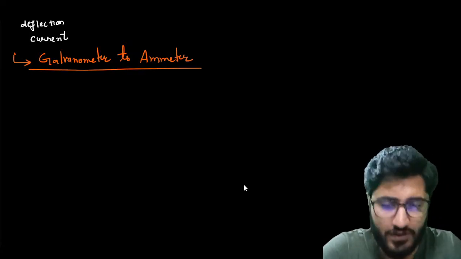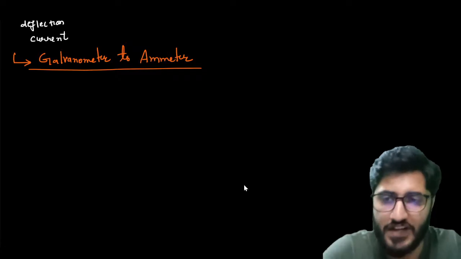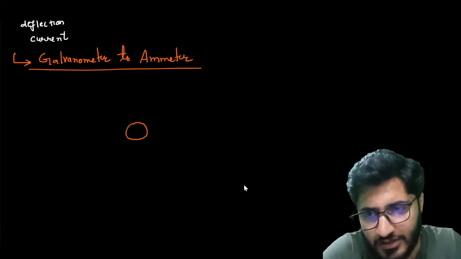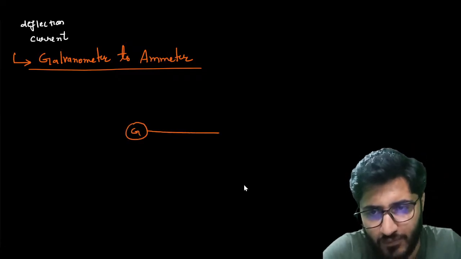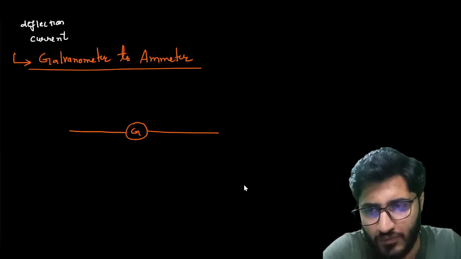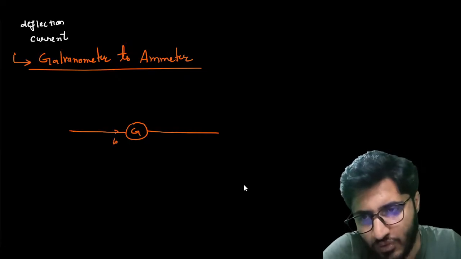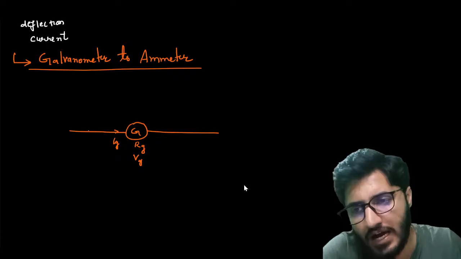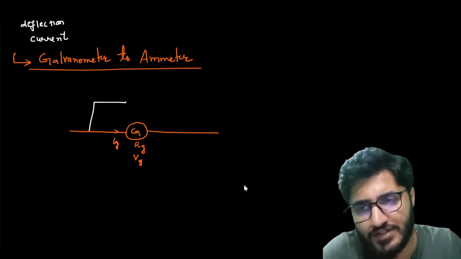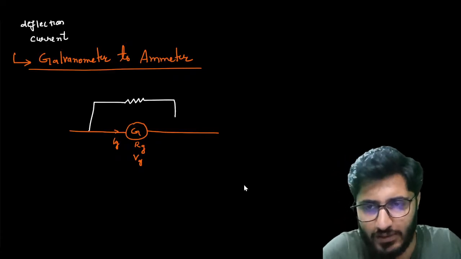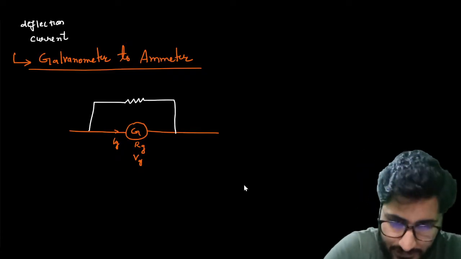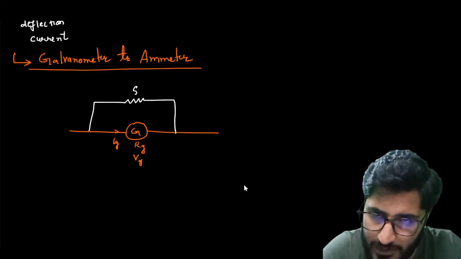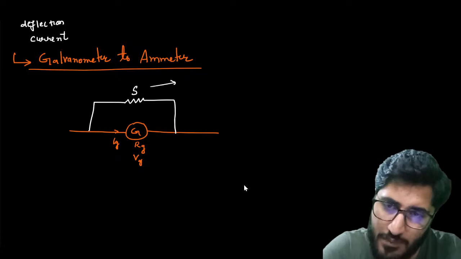How to convert a galvanometer to an ammeter? It is very simple. This is my galvanometer that we know, and current Ig will flow through it with resistance Rg and voltage Vg. If I place one more resistor here, parallel to it, its name will be S, and its name is shunt